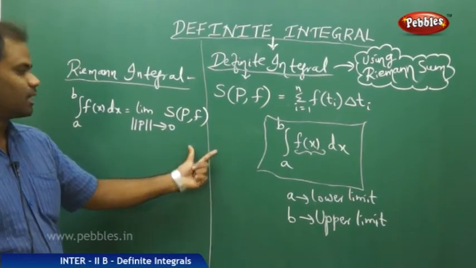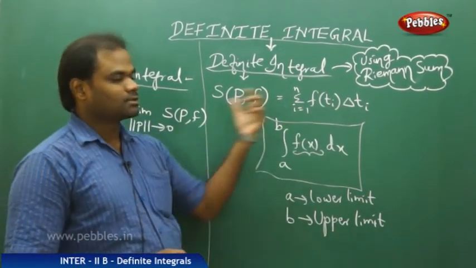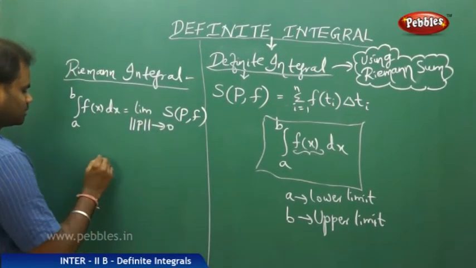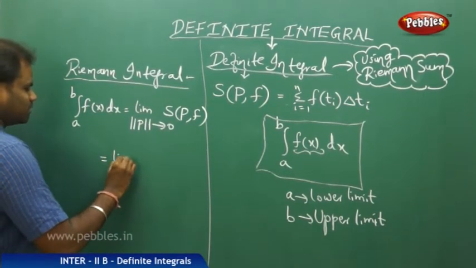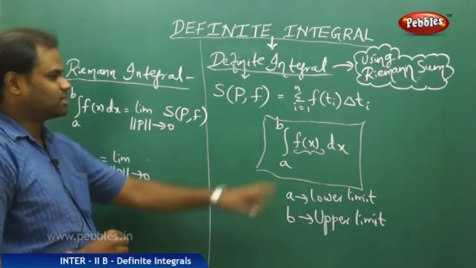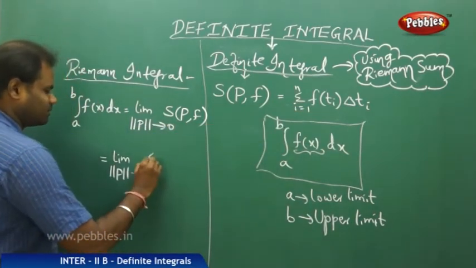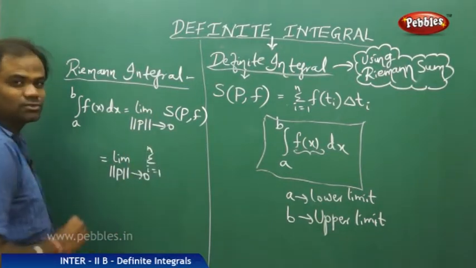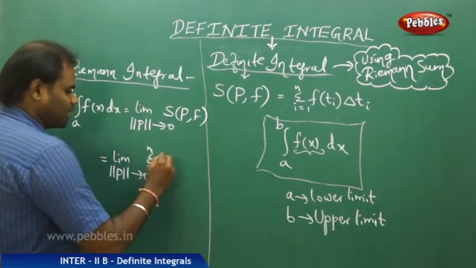We substitute this into the function. That is, this reduces to the limit, norm of P tending to 0, of S(P, f), which is the summation, i running from 1 to n, of f of Ti